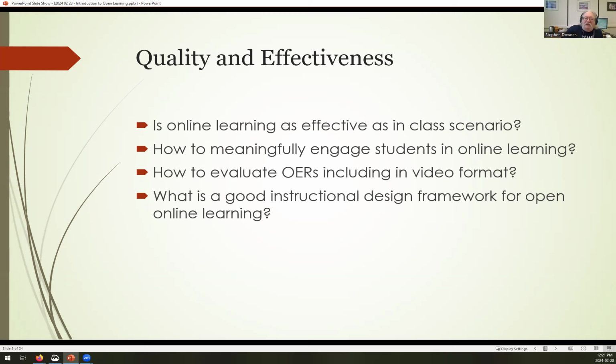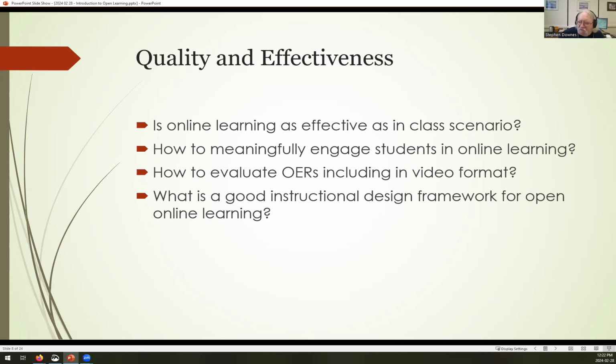Good enough is a whole lot better than nothing. On the other hand, yes, we can evaluate resources, all kinds of resources online. There are mechanisms to do that. It's a whole separate discussion. There are rubrics, there are community-based evaluations. There was a project called Merlot, which was an effort to collaboratively review online resources. There are peer reviews, a whole bunch of stuff.